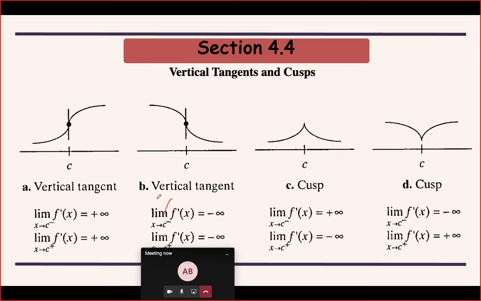Okay, so here we are not taking the limit of the original function, we are just taking the derivative first, and then we are finding some c at which the derivative has infinite limits. This is how you are going to find the vertical tangents and cusps, and once you know that a special type of point exists, then this will be the shape of the graph close to that particular point. You do not know whether beyond this it is again rising or what is happening, but close to this point it is going to behave in this manner. Okay, is this concept clear? So maybe I'll take up one question.